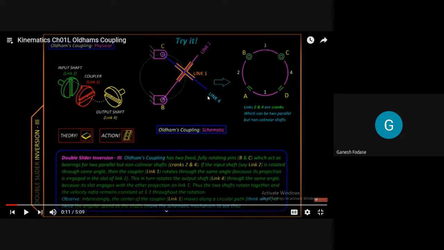What about the prismatic pair? It is known to you. Link 1, which is made in the form of a cross-shaped link, forms a prismatic pair with link number 2 as well as link number 4. The pink one forms a prismatic pair with link 1, which is shown in orange color. So these are 2 prismatic pairs, and here are 2 turning pairs. Now how it will work, I'll show you. Is the basic clear? Yes, sir. I just discussed the circle diagram and now I'm discussing the schematic diagram. Then I'll show you the application also. Don't worry.